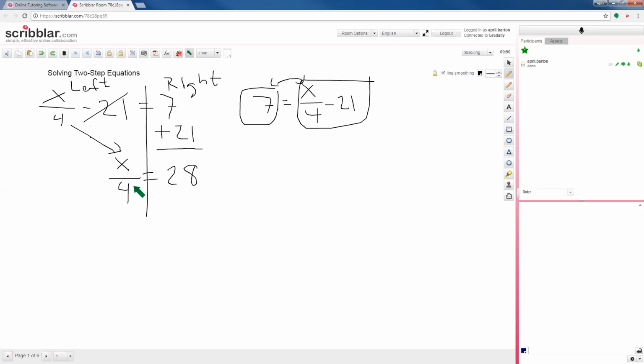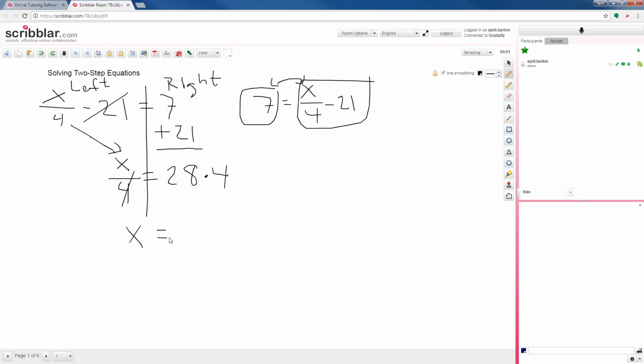Multiply. Good. So we are going to times by 4. So this is one of the reasons why I prefer to just cancel it out and say times by 4 over here. It looks kind of funny if we write times by 4 on both sides. Sometimes we do 4 times 4. It's easier just to say, I did the opposite, cancel out the divide by 4, and do 28 multiplied by 4,